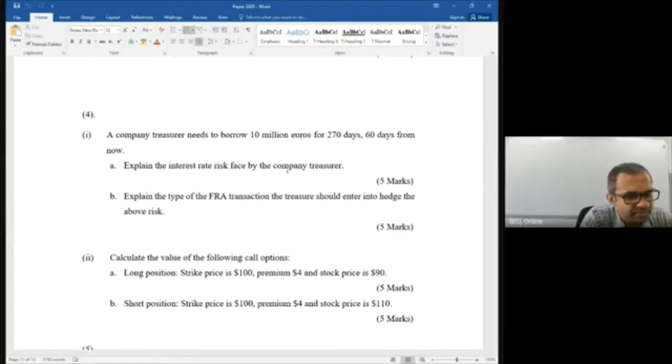Interest rate increasing? Exactly. If the interest rate increases in the future, the company has to pay or incur higher interest expenses. So the risk is an increase in interest rate, when? After 2 months. So that statement is enough. That's what I expect. Don't write more than that. I have seen answers that run to maybe half a page, but you don't say the correct thing in that half page. You may not get any marks, but those who have written that one sentence